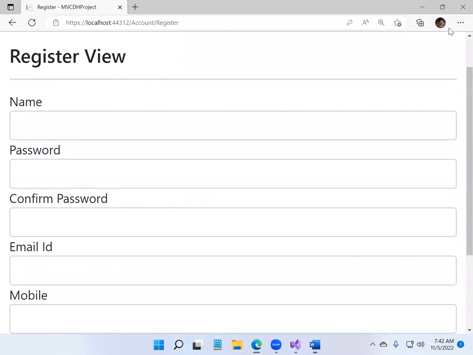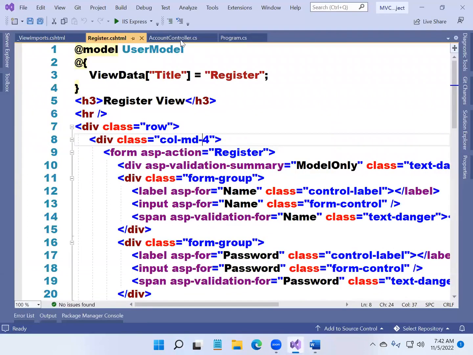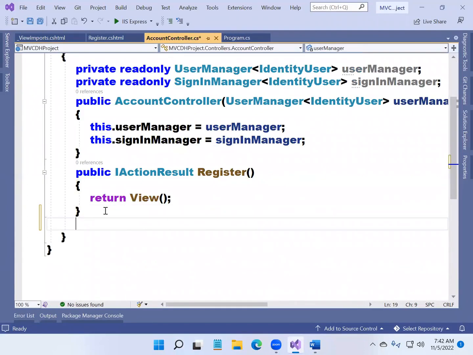We don't have a post action method yet. That's why you're not getting anything here. We don't have a post action method. Let me write the post action method. So we'll write the post action method. HTTP post